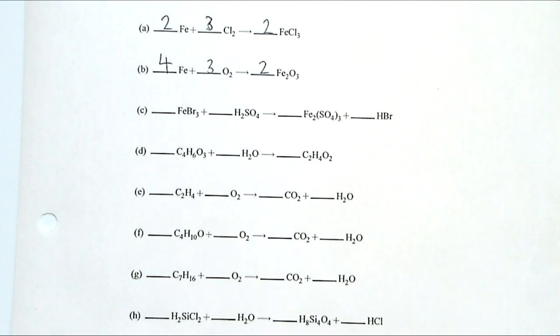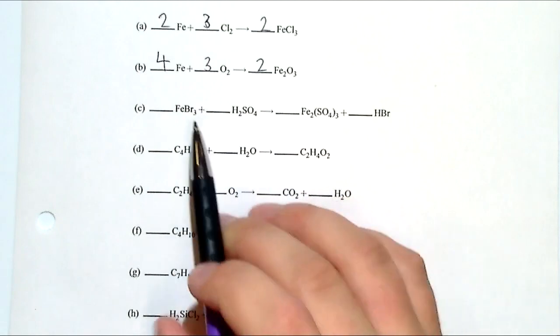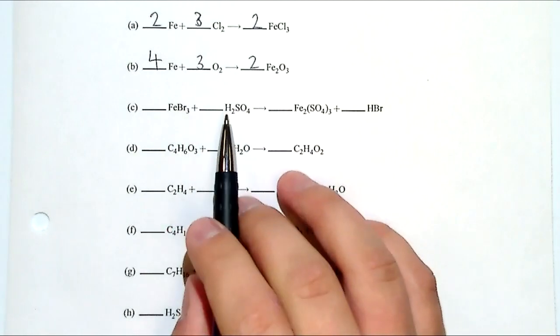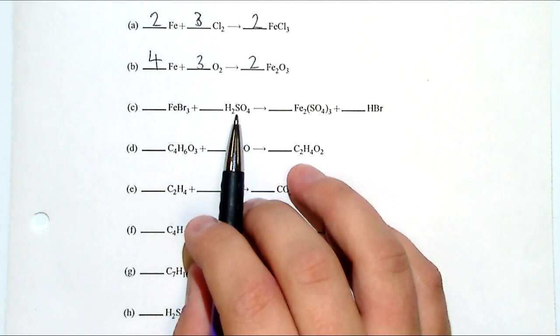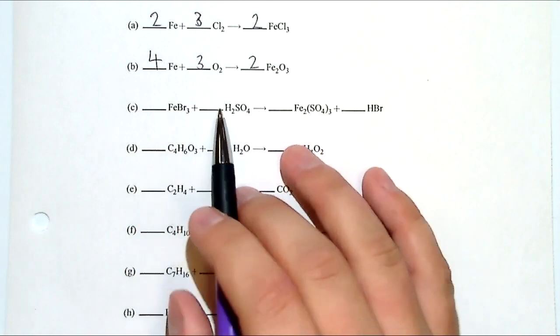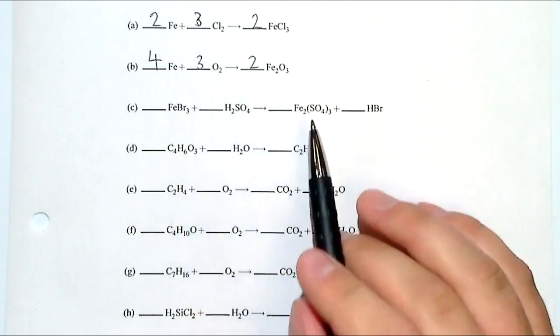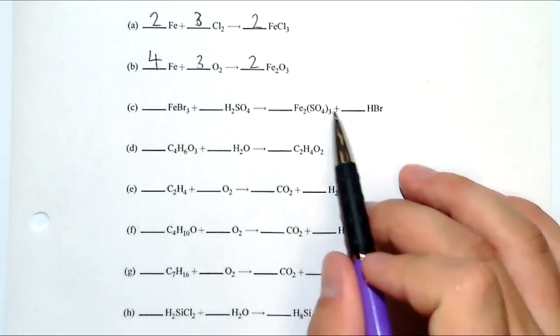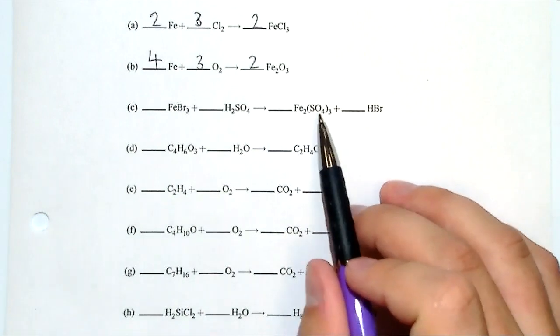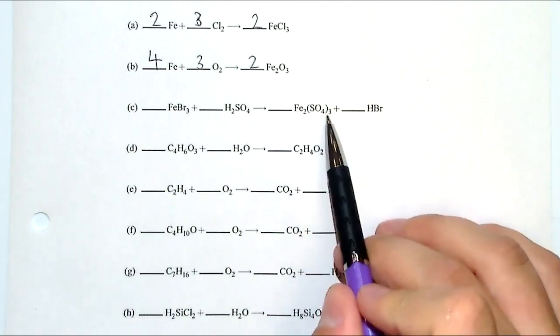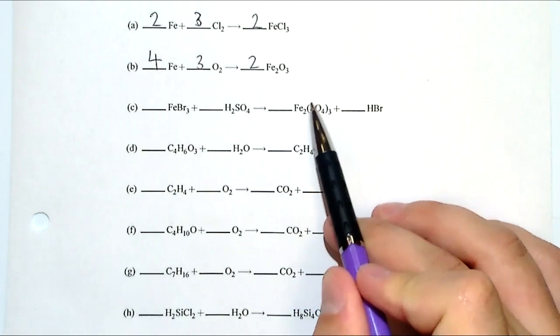Now this is where the numbers get a little more complicated. It's the same concept. So we have iron and bromine. And so we have 1 iron, 3 bromine, 2 hydrogen, 1 sulfur, 4 oxygen on the reactant side. And then on this side, we already have 2 iron compared to our 1. And then we have 3 sulfur and 4 oxygen of that group. The sulfate,